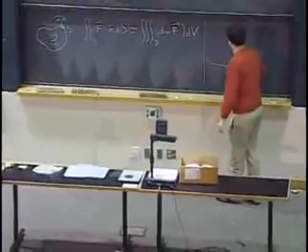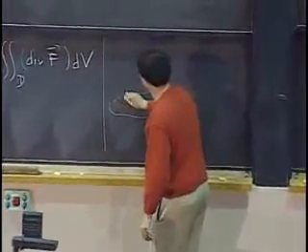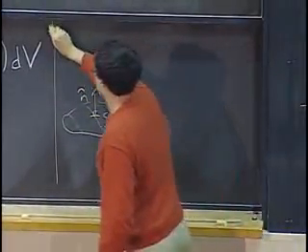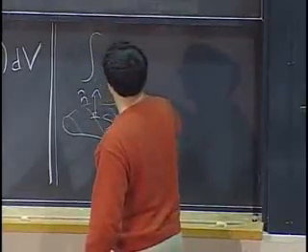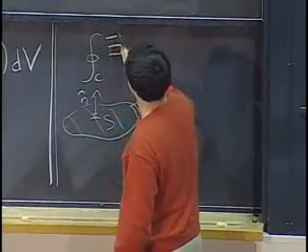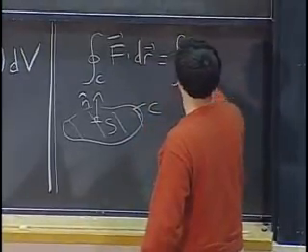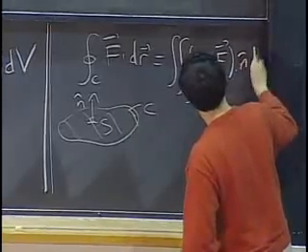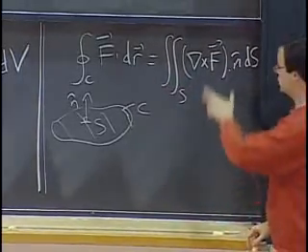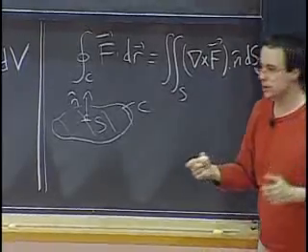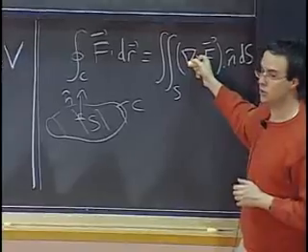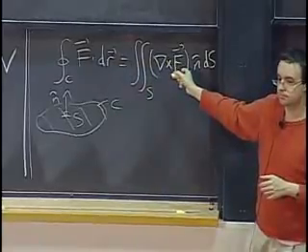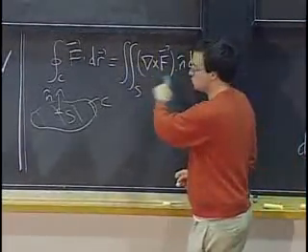Stokes' theorem says if I have a curve that's the boundary of a surface S and I orient the two in compatible manners, then I can replace a line integral on C by a surface integral on S. And that surface integral is not for the same vector field. This relates a line integral for one field to a surface integral from another field. That other field is given from the first one just by taking its curl.